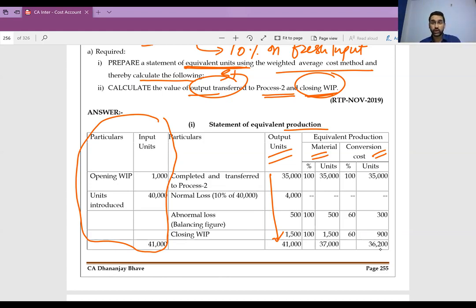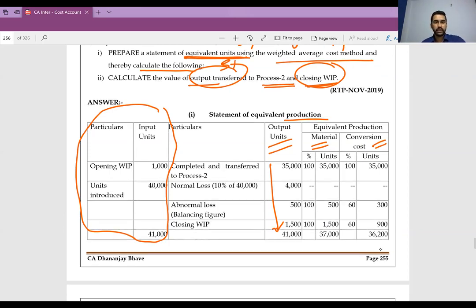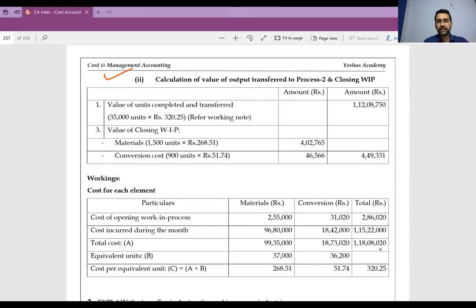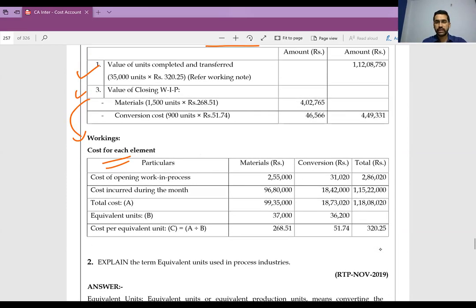You know when you should not do it? When the degree of completion for labor and degree of completion for overhead is different, then you can't add those two because denominators will be different. No. Here they can do it because they have nowhere used the word labor and overhead separately. They've used the word conversion cost directly. So they did statement of equivalent unit and then they calculated valuation, that is transferred and WIP. Before that, they have done one working, that is material and conversion cost, total cost divided by